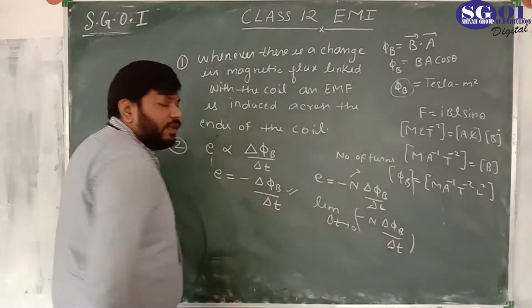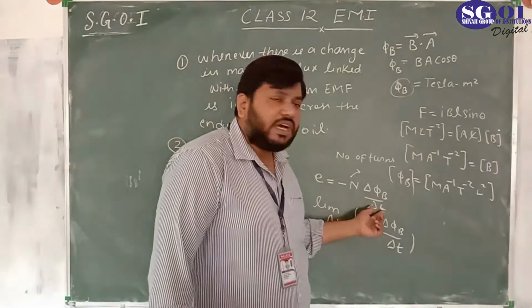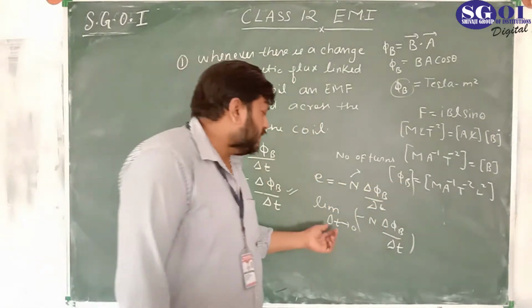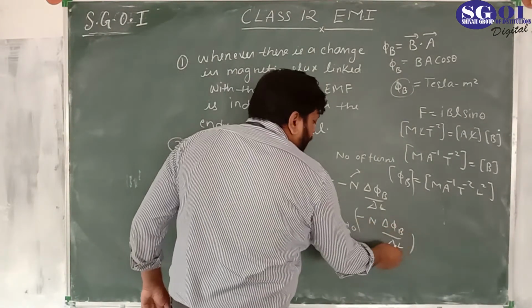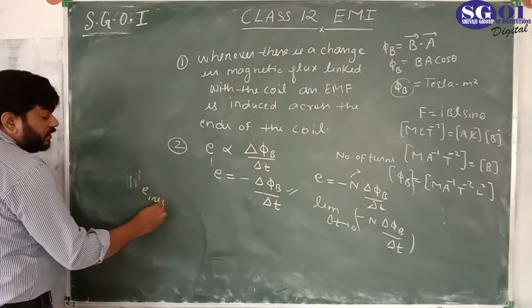We apply the limit because when you take the result for a small interval of time, that is delta t tends to 0, then the EMF becomes instantaneous,